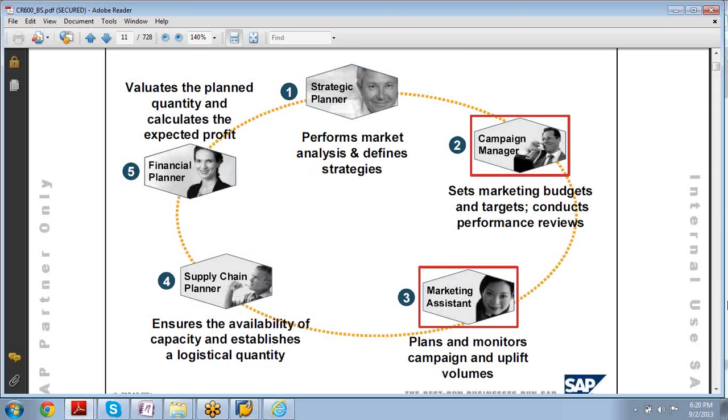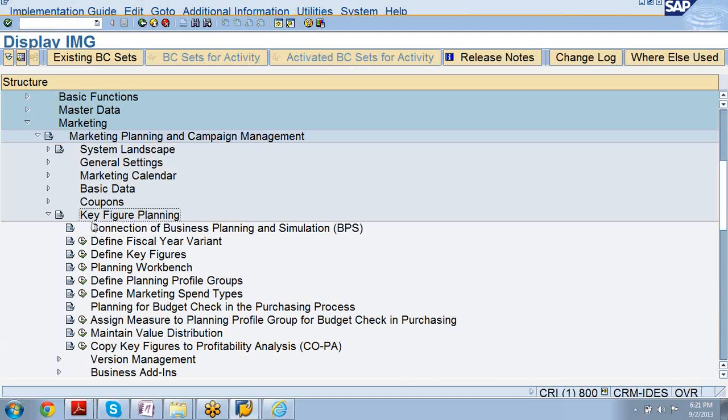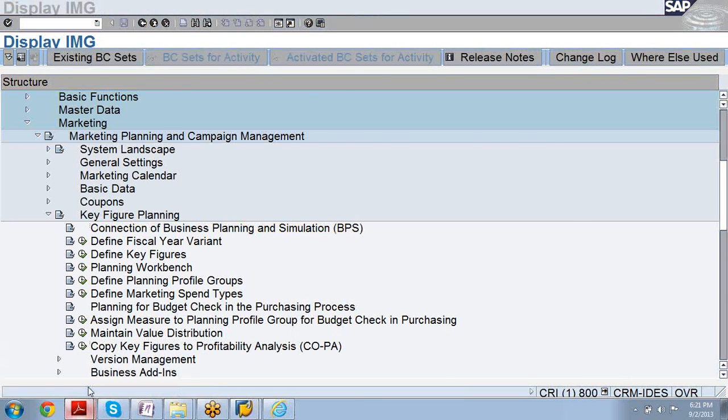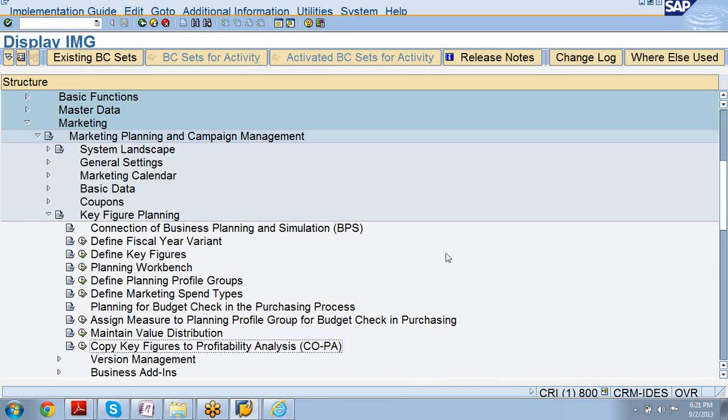It's a challenge, from the planner to manager to assistant, then to supply chain planner, then back. This is what they are talking about. If you see that customization what we are talking over here, first this BPS will help you in planning the strategy, and this COPA, controllability and profitability analysis, is the scenario-wise you end up at the financial plan. So when we get into this project,